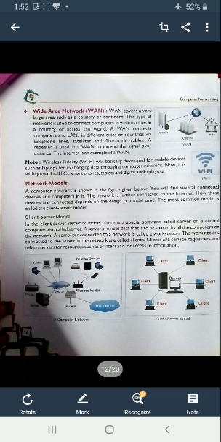In our daily life, we mostly use the client server model. In the client server network model, there is a special software called server on a central computer, also called server.